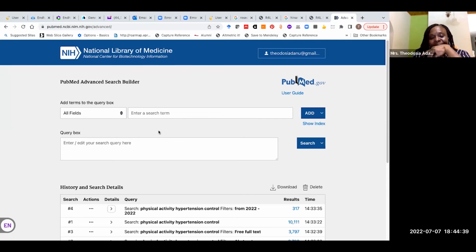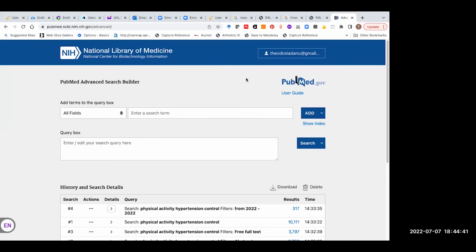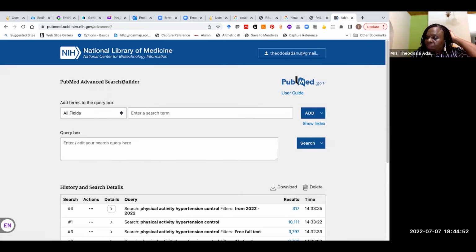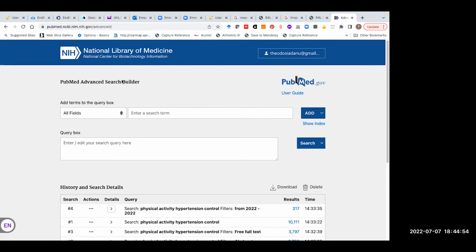We see that with physical activity and hypertension: the original search was from 1963 to 2002, and that gave the 10,000 abstracts. But when you reduce the number of years, you get fewer articles, so it becomes readable. Definitely 10,000 would be too much.